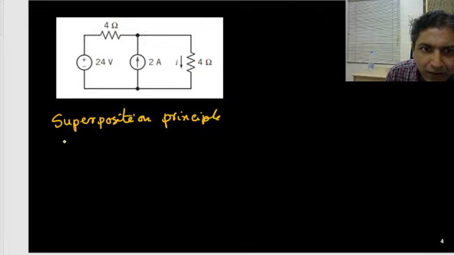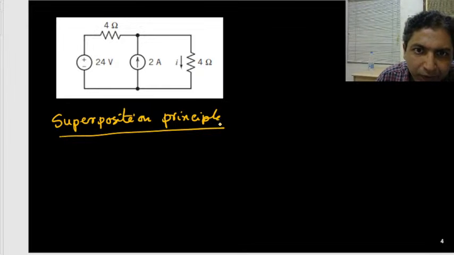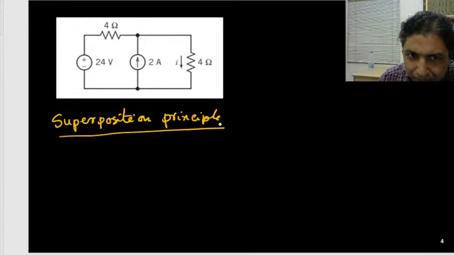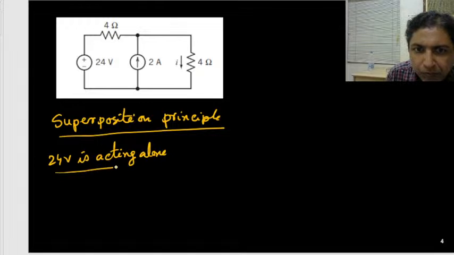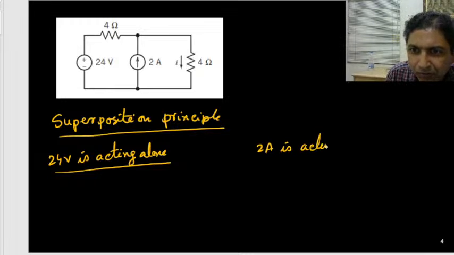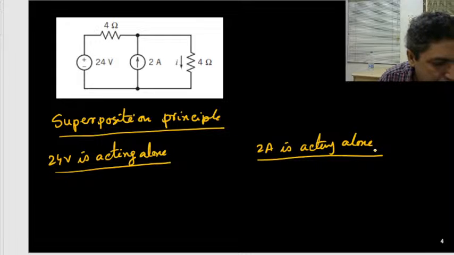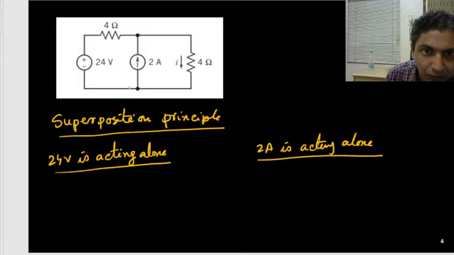So what is this? According to this principle, we need to consider one source at a time. So if I consider that the 20 volt source is acting alone, and the second time we will consider that this 2 ampere current source is acting alone. Is it okay? Now if the 20 volt source is acting alone, that means we need to remove the current source,